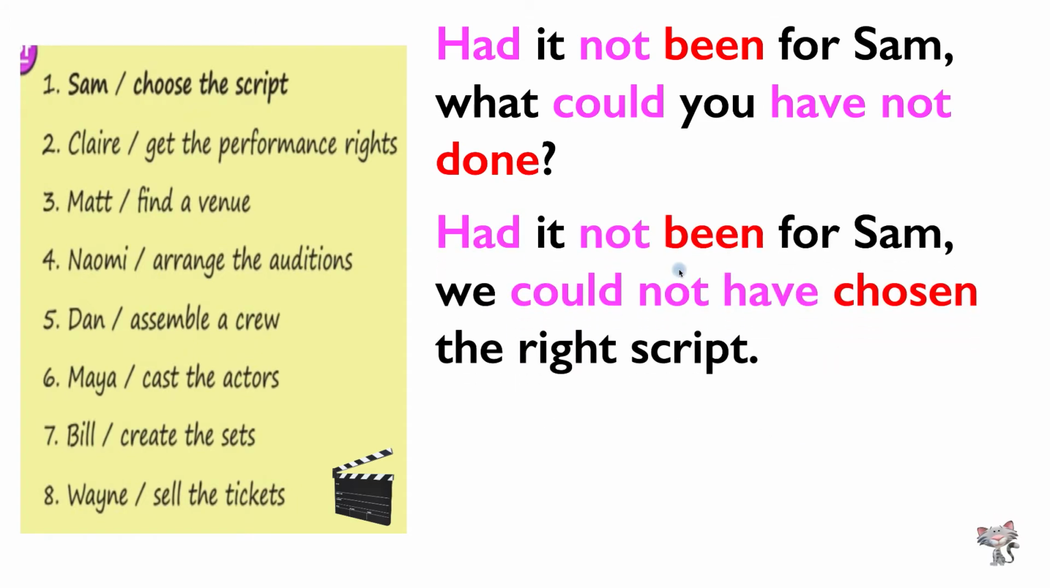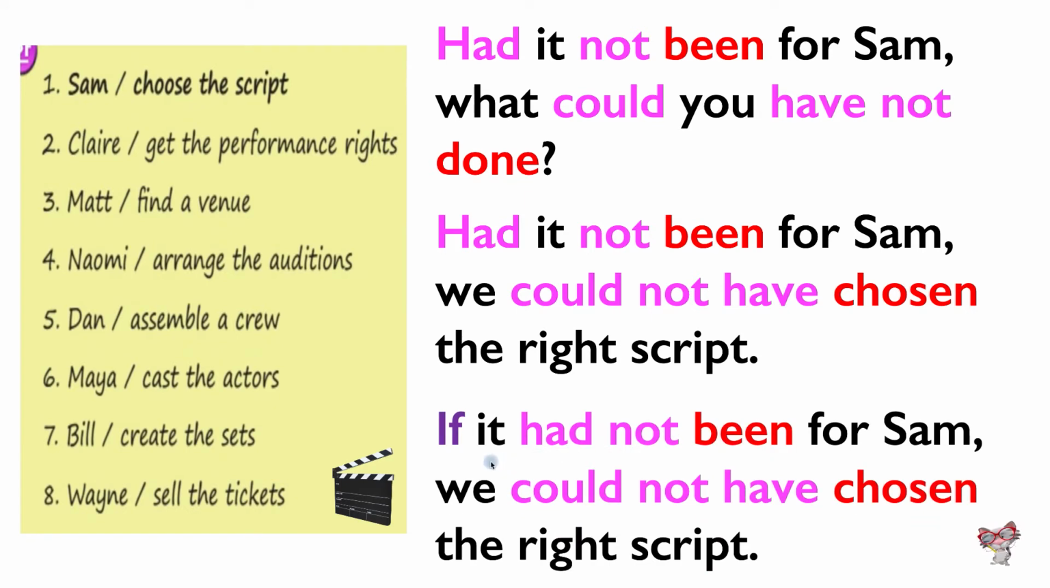So there should be a not here. Before, after the it, and between the could and have. To maintain the fact that Sam helped. Right? But if you used if... See, if you used if, it would be: if it had not been for Sam, we could not have chosen the